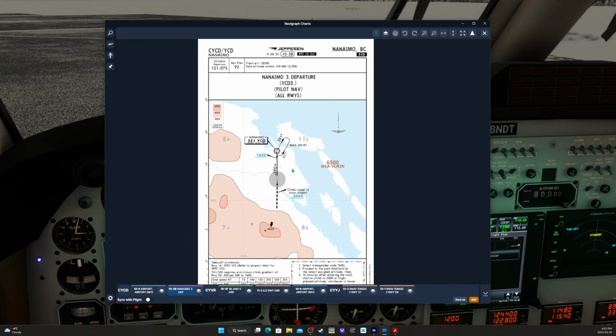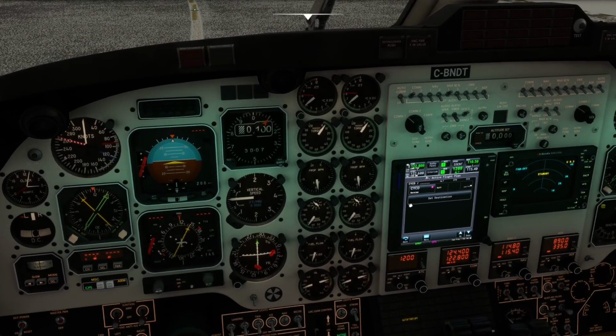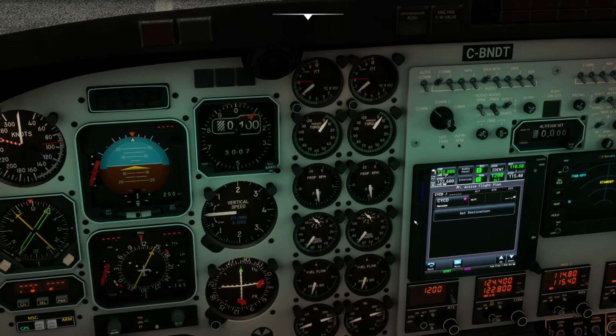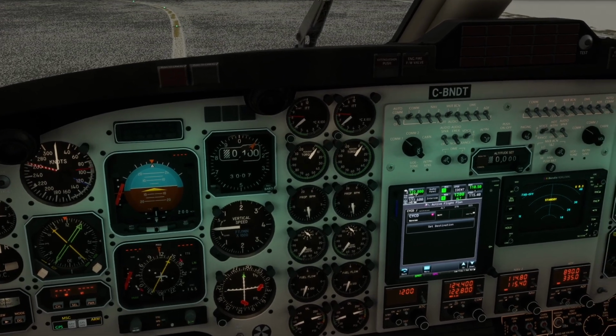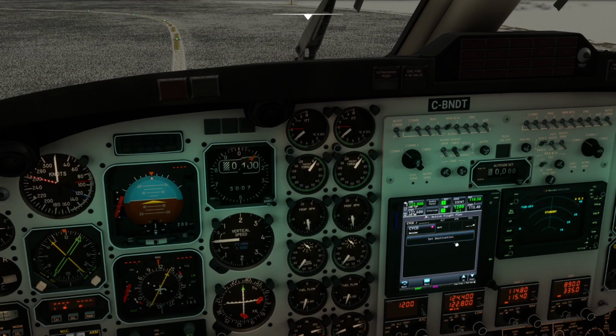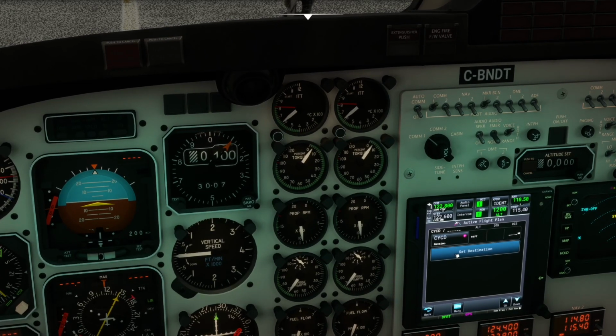So that'll be the departure, and our destination is going to be Vancouver, but because I want to shoot an en route approach, I actually have to put in our en route airport as our destination, which is going to be Victoria, and I couldn't find another way to do this. I had to split it up. Originally when I tried this flight, I had Vancouver as a destination, and then I tried to load an en route approach. I couldn't figure out how to do it. If anyone knows how to do that, just let me know in the comments. I would appreciate that. But yeah, just have to split the flight up into segments